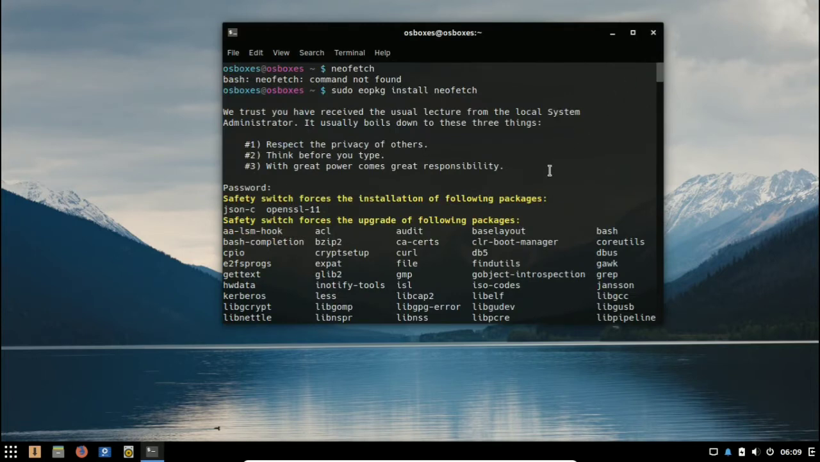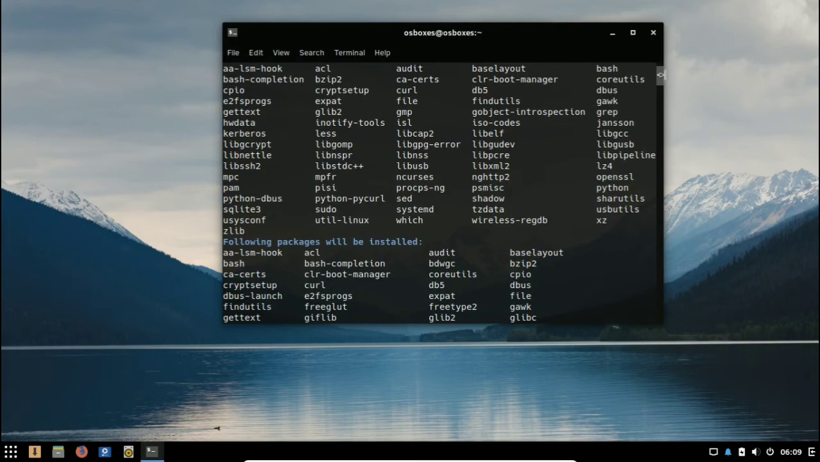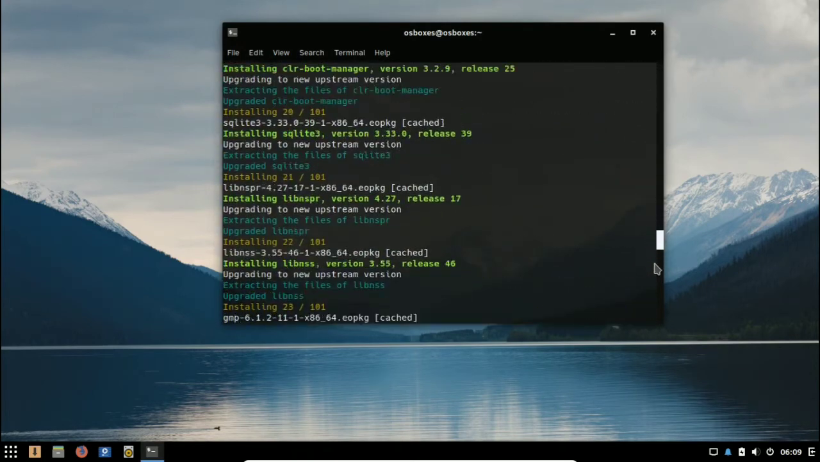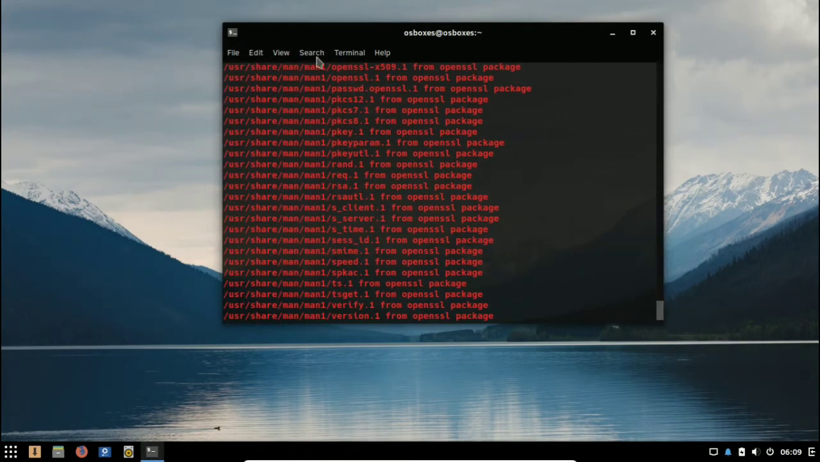Now I might be wrong, maybe just because I'm running this in a virtual machine, but I got the same error last time I used it. But regardless,